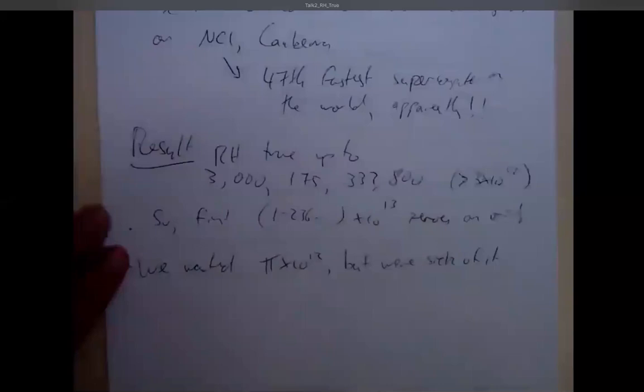But we had run the computation for so long, it was 850 core years, and it felt like 850 human years. It was so long, and it was so painful to update it each time, not just to debug stuff, but to put in new theoretical estimates and so on. Then in the end, we just said, look, we're done. So the paper is submitted. It's on the archive. I don't know when we'll receive a referee's report, but the quick one-line summary is that the Riemann hypothesis is true up to a little bit higher than 3 times 10 to the 12. You can see this paper on the archive.